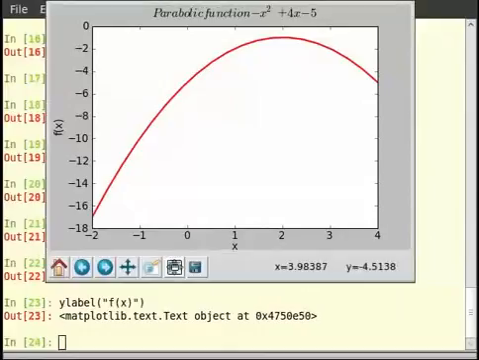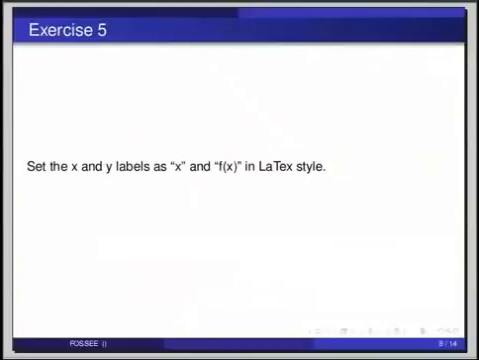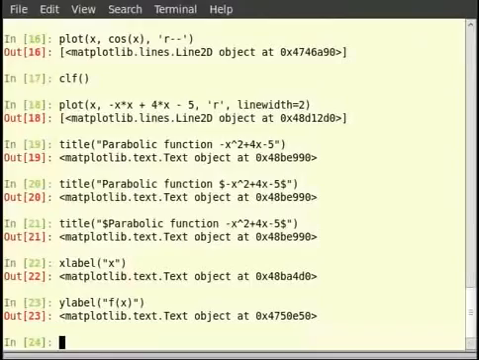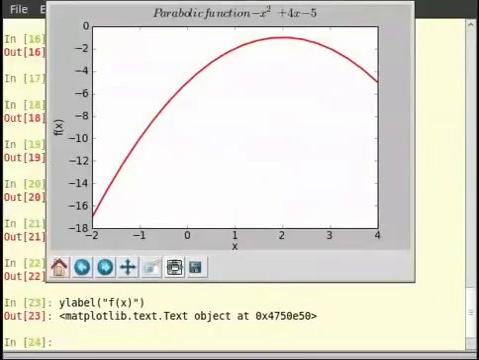So now pause the video here, try out the following exercise, and resume the video. Set the x and y labels as x and f of x in LaTeX style. Since we need LaTeX style formatting, all we have to do is enclose the string between two $ symbols. So now switch to the terminal and type xlabel, within brackets in double quotes and in between two $ signs,